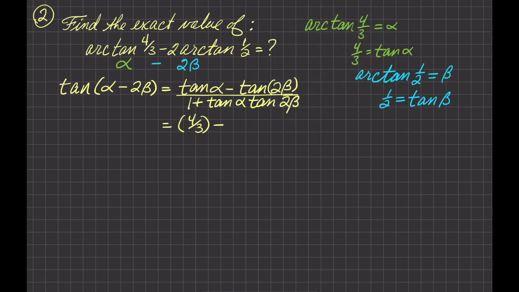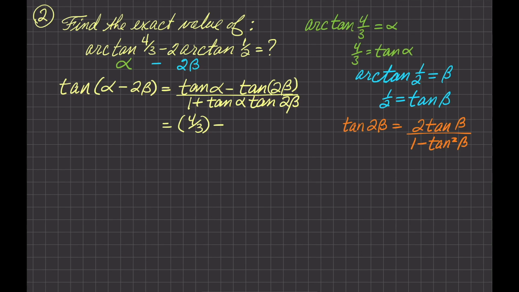So let's say here, and we've got the tangent of 2 beta. If you remember this identity, otherwise you can write this as the tangent of beta plus beta and derive this on your own, but it is 2 tangent of beta over 1 minus the tangent squared beta. It's a very easy identity to rederive for yourself, because it's really just the tangent of beta plus beta, which is the tangent of beta plus the tangent of beta over 1 minus the tangent of beta times tangent of beta.